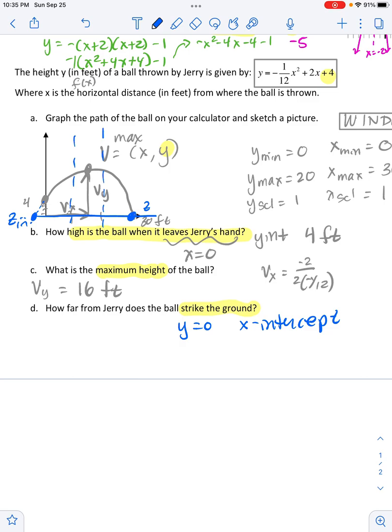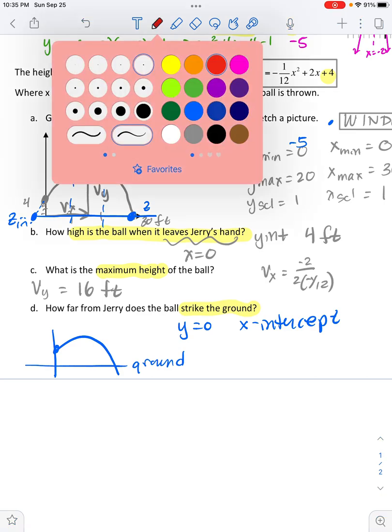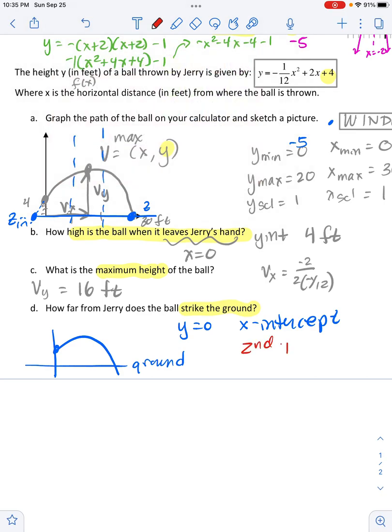So we've done this. We already have this on our calculator. The only thing that I might change is I might go back to my window and I might change my y-min to -5. That way I can still see good old Jerry throwing the ball, but I can see a little bit below the ground because the ground is at 0. So then when my calculator prompts me as I use second trace 0, it's going to prompt me to go on either side of it. I can be on either side of it because I can see the other side. If you do that, you should get that at